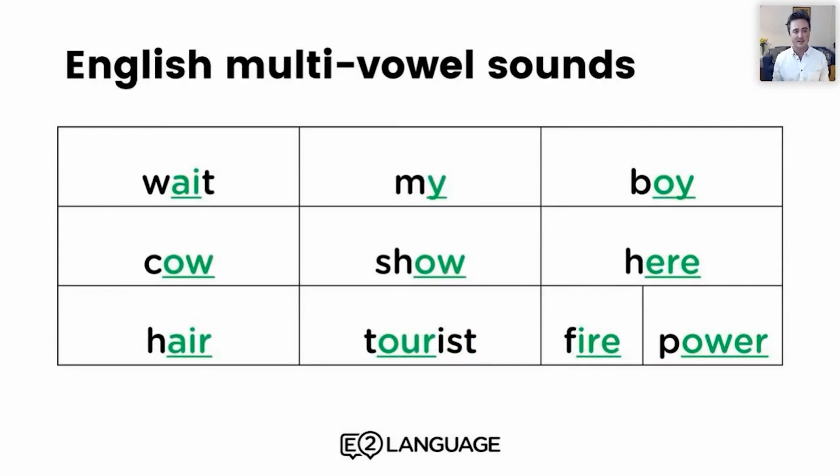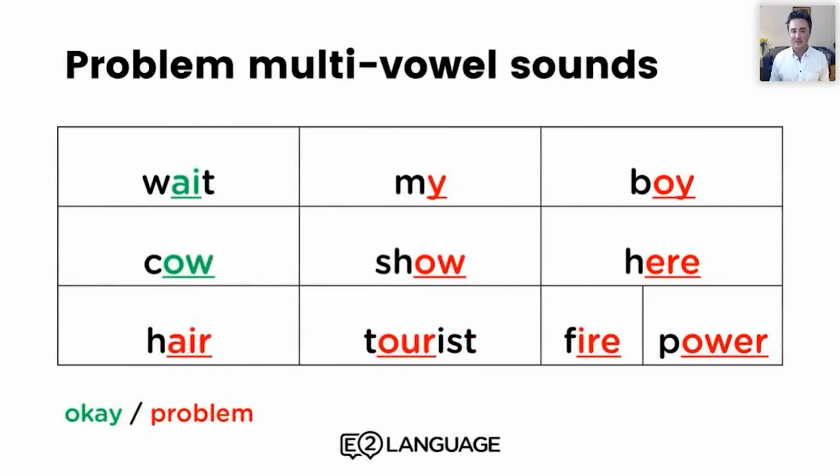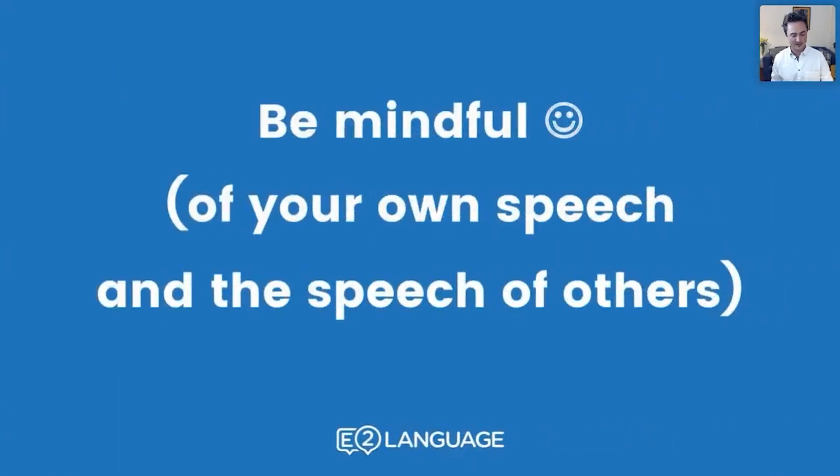Now, this is where it gets really complicated for South Indian speakers, because we have these things in English called multi-vowel sounds, like ai, oi, ow, o, ear, air, or, ir, and hour. Now, for South Indian speakers, look at all the red ones here. These are the ones that you may not have in your first language, or when you're saying it in English, there's some sort of interference there. So you need to be conscious of that.